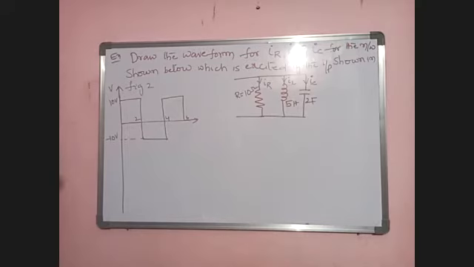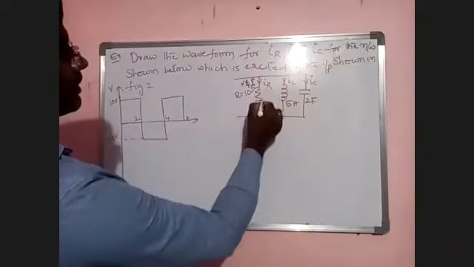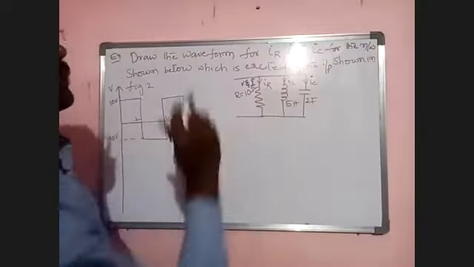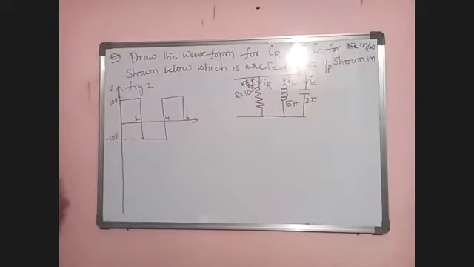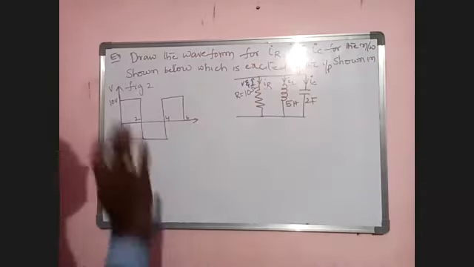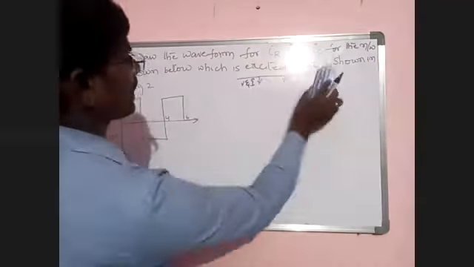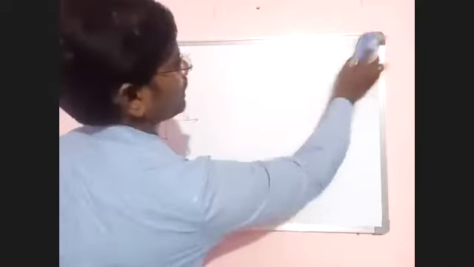Okay. So now we know the relations between V and I in a resistor, inductor, and capacitor. By using those three relations here, we need to find IR, IL, and IC. Then we will see one by one. So first calculate IR.